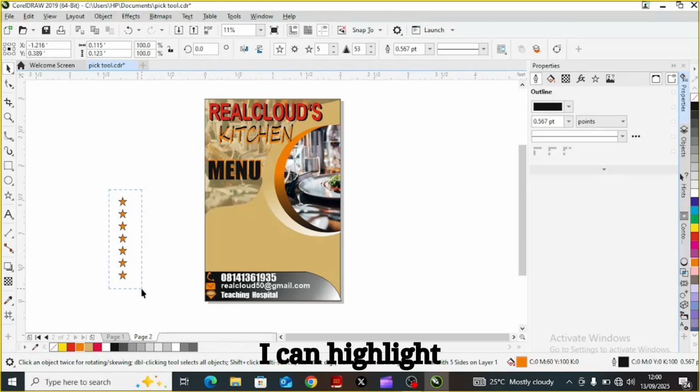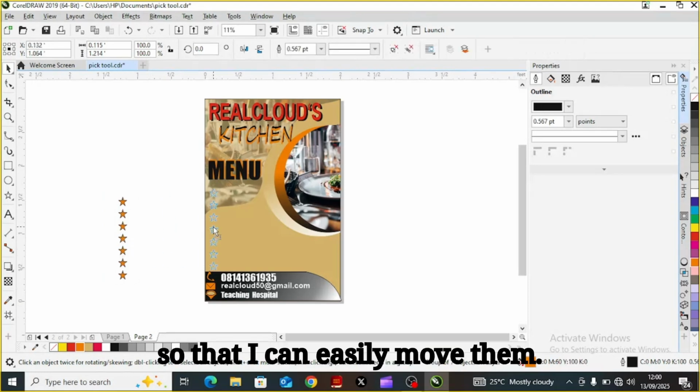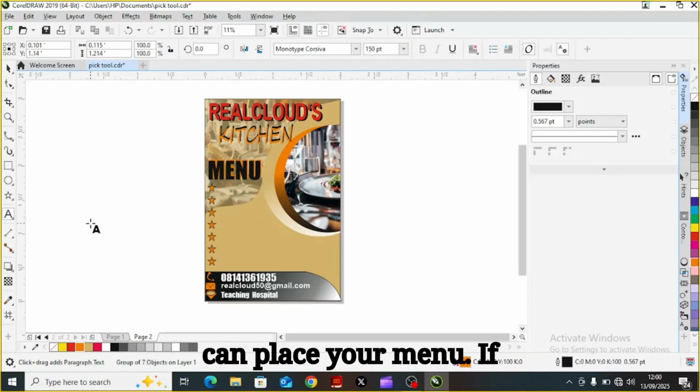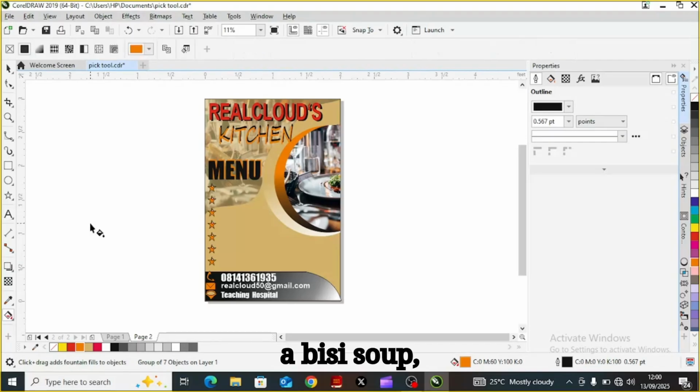I can highlight and group so that I can easily move them. So now you can place your menu. You can place your menu. If you have a greasy soup,